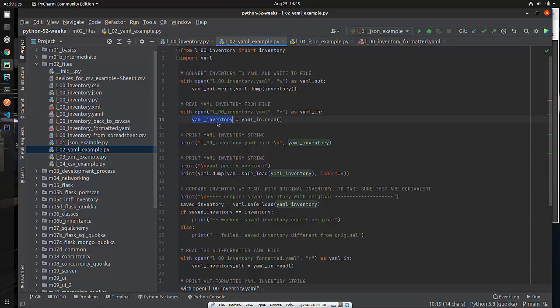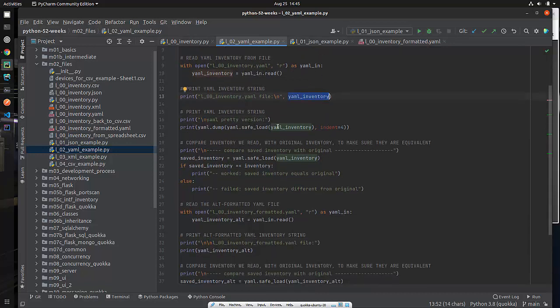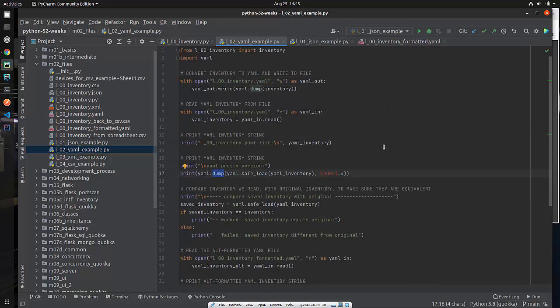Now, YAML inventory at this point in time is just a string with YAML data in it. I print it out. I go through this double load and then dump in order to print it out again. So we saw how that happened. The main crux of what I'm doing, though, is because I've written something out and now I've read it back in using these YAML mechanisms and translations,